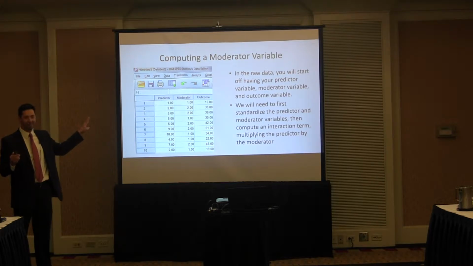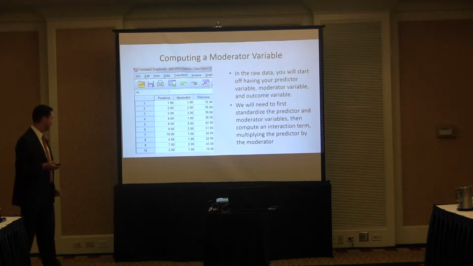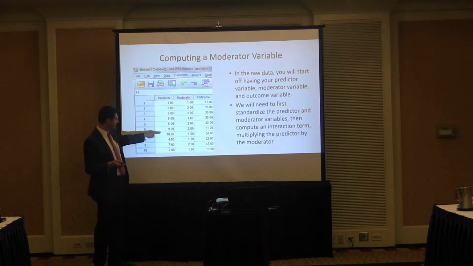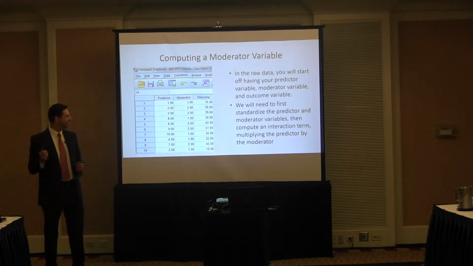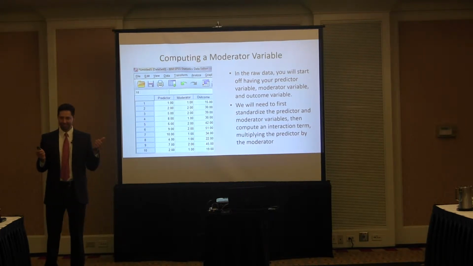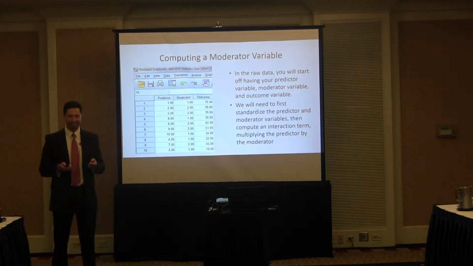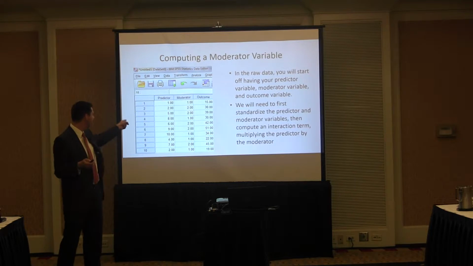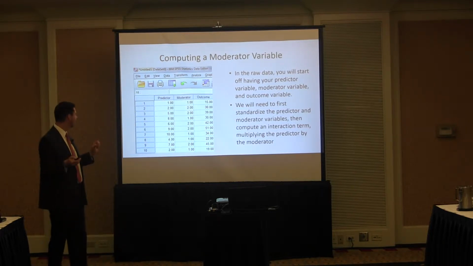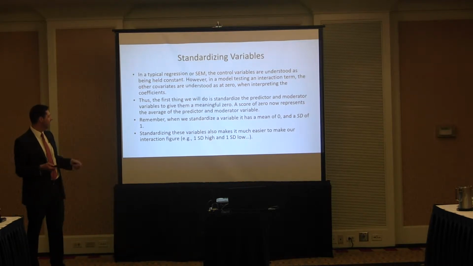So these are made-up variables, affectionately called predictor, moderator, and outcome, to make it as simple as possible. You can probably see how I made it up, 1 to 10, and then 1s and 2s for our moderator and our outcome. So, first step, theoretically, does it make sense? No, because they're not real variables, but in a real case it would. Step 2, do we have enough power? Definitely not, there's only 10. But this is just an example. We've coded our moderator variable correctly as 1s or 2s, preferably 1 and 0. And then we're going to run our model.